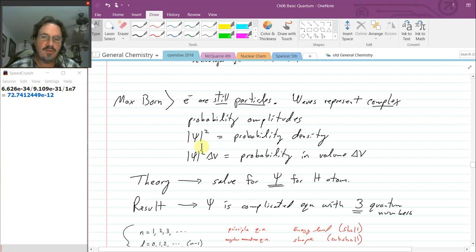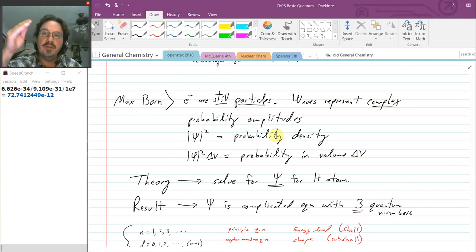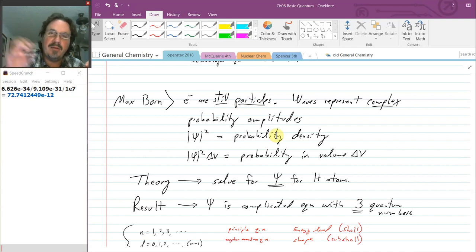Now, it turns out with the wave mechanics, if you take the absolute value of psi and square it, you get what's called the probability density. This is like a normal mass density, grams per, say, milliliter. If I multiply by volume, milliliters, then I would get the actual mass, right? Well, this is probability per volume. If I multiply by the volume, I'll get the actual probability of this electron being at these various locations